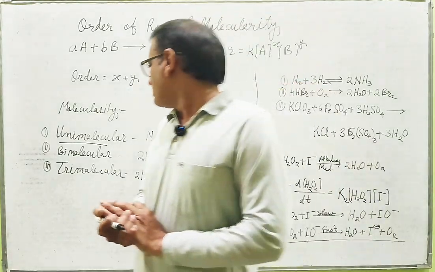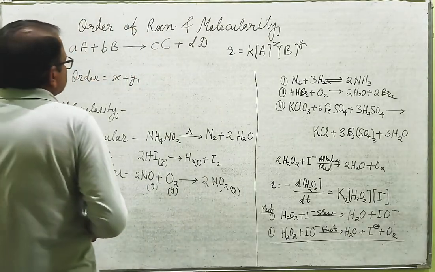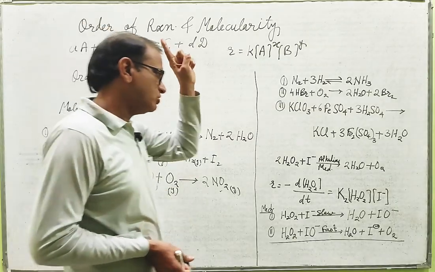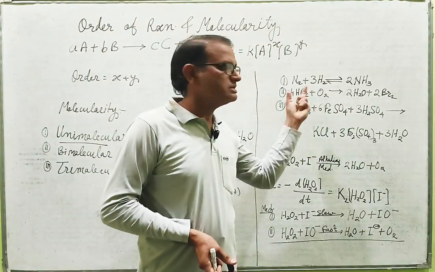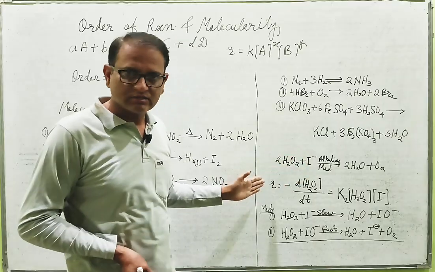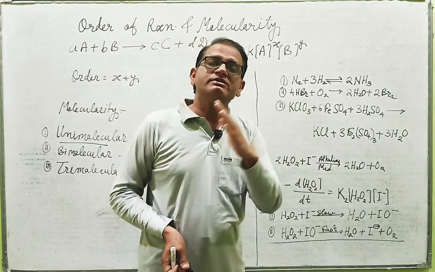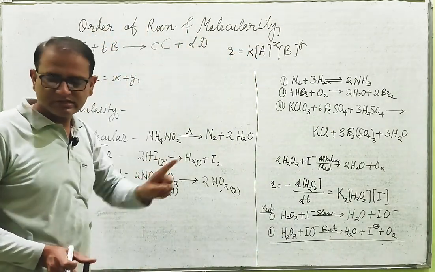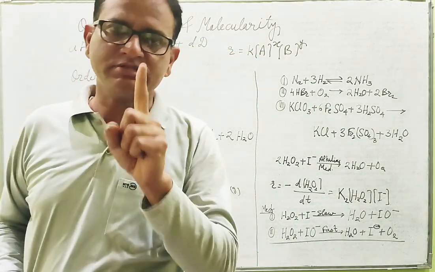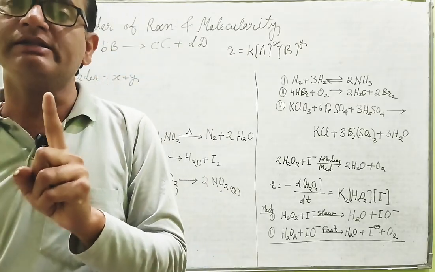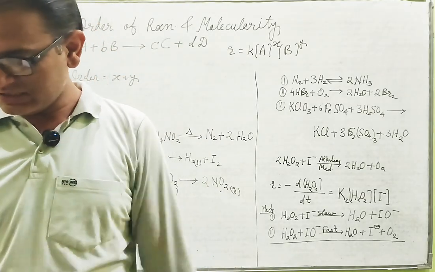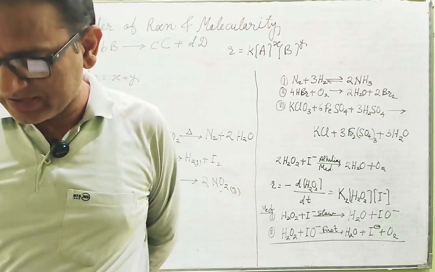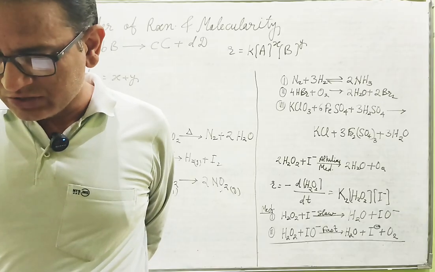So this is how we can understand the molecularity and order of reaction. Molecularity may be determined by seeing the stoichiometry of the reaction, the stoichiometry of that elementary step. But the order of reaction can be determined only on the basis of experimental results. By just seeing the stoichiometry, we cannot determine the order of the reaction. Am I right? So in this step,